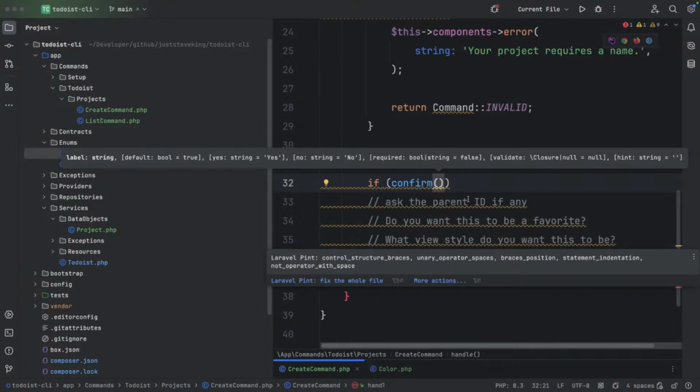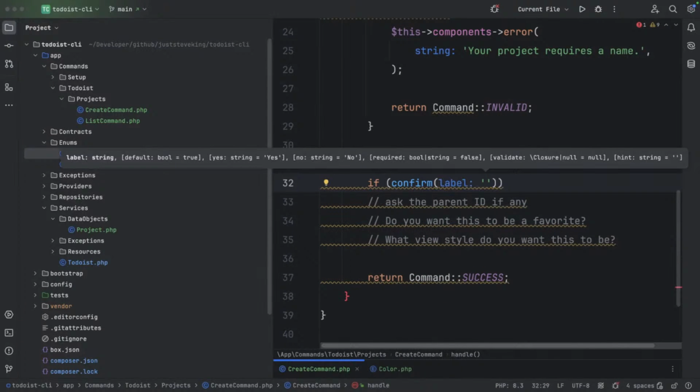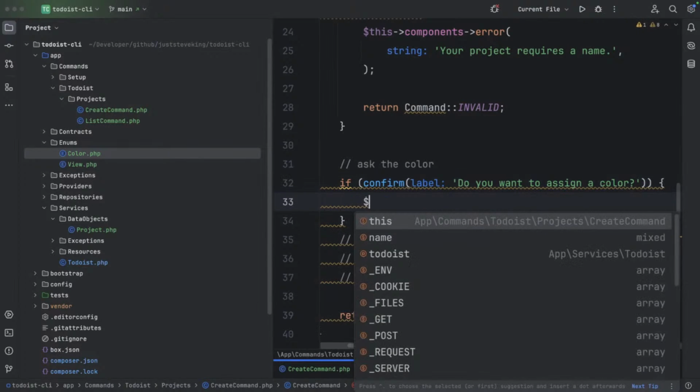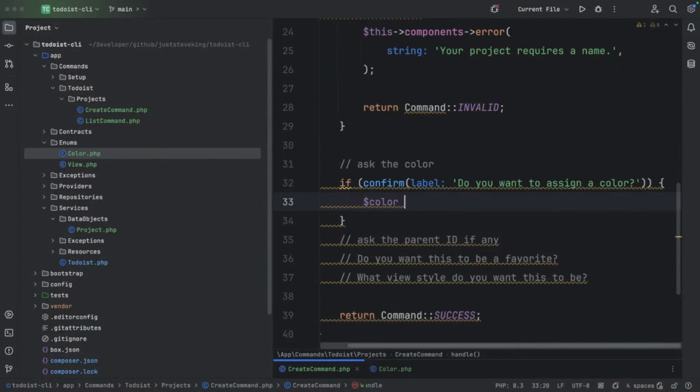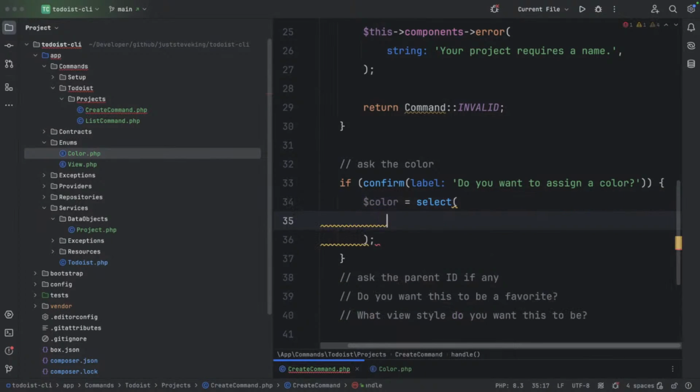And the label is going to be, do you want to assign a color? If we do, then we're going to say that our color is select. The label is going to be color,